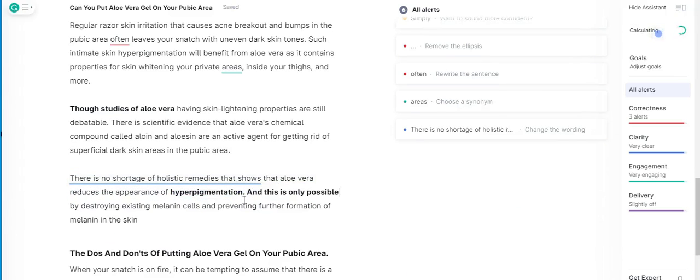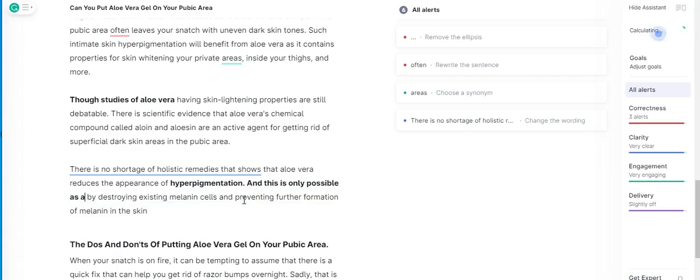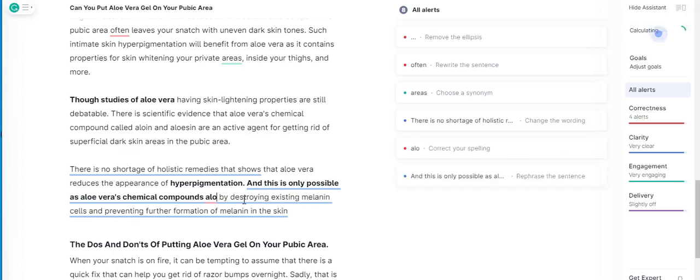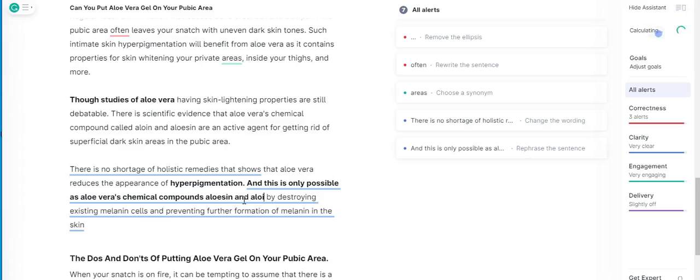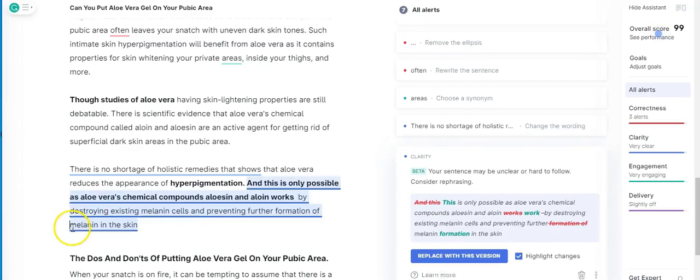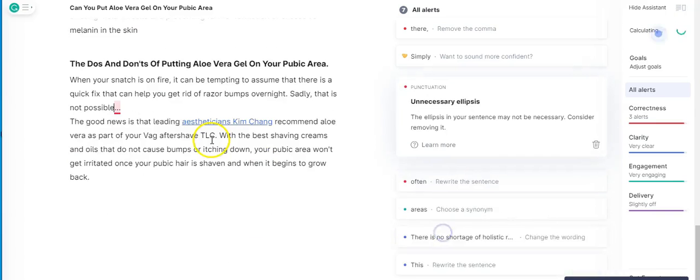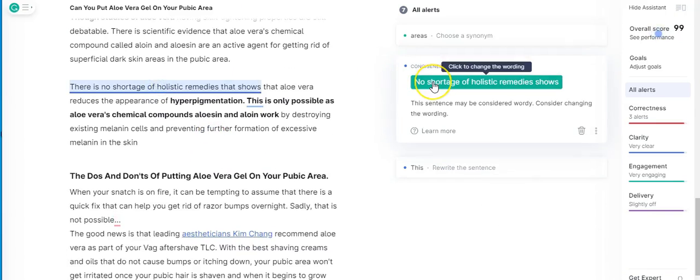So the first thing is to make sure you're writing a piece of content that begins with a very strong intro that focuses on the product that you're actually writing about. If it's a product review, then you have to make sure that you are providing quick and fast information as part of your introduction of that particular product. If it's just a piece of information like this piece of content,